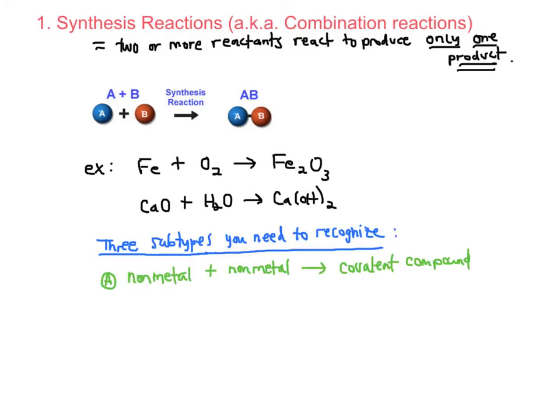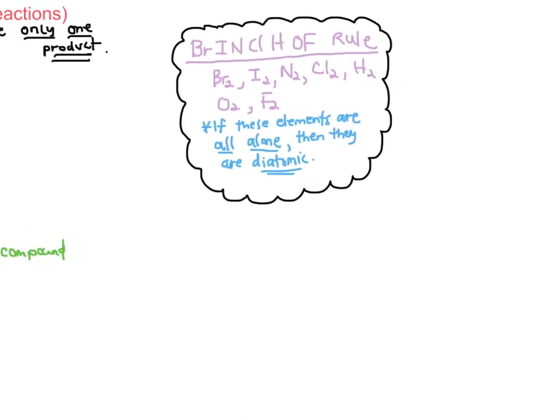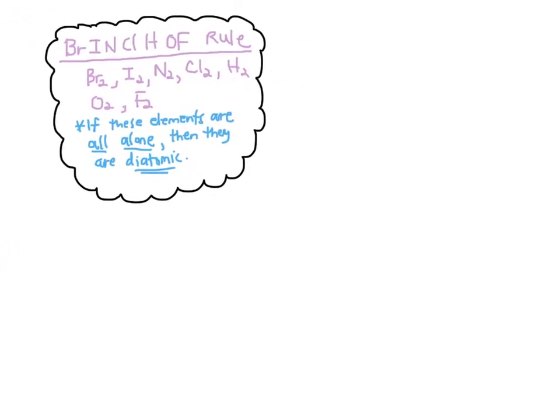All right, so before we talk about the 3 subtypes of synthesis reactions that I expect you to know, let's talk a little bit about a rule that's going to come up a lot in this video. And this rule is called the Brinkelhoff rule. The Brinkelhoff rule basically states that these elements, bromine, iodine, nitrogen, chlorine, hydrogen, oxygen, and fluorine, and notice that they're all nonmetals,